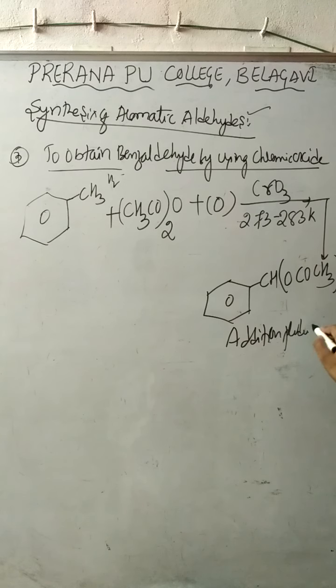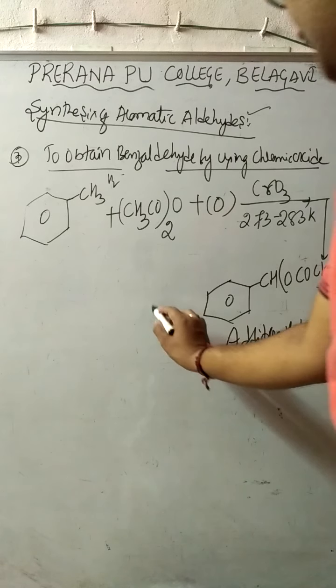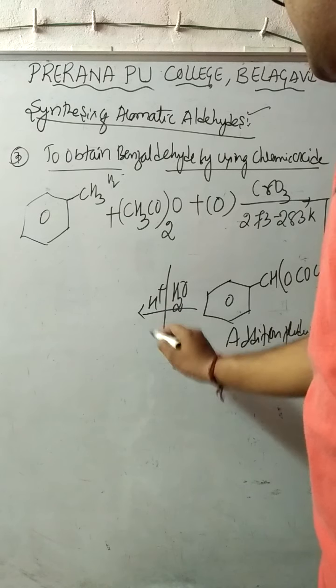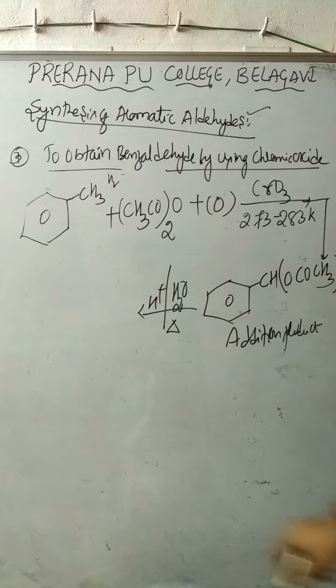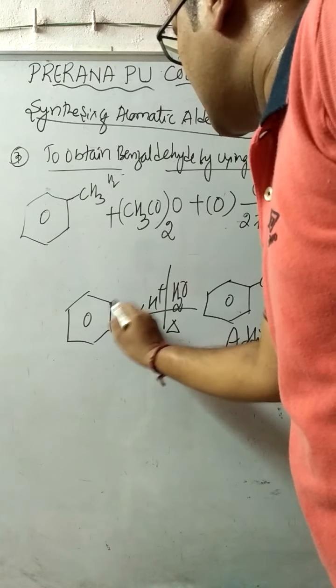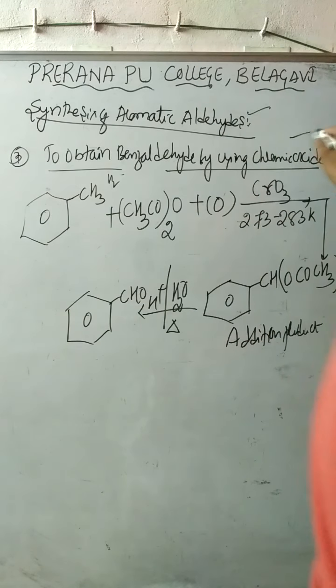Now a question arises, what has happened to these 2 hydrogen atoms? So these 2 hydrogen atoms have undergone oxidation to eliminate a water molecule. When this addition product is subjected to acid hydrolysis, that is addition of water in the presence of H+, which upon heating gives rise to a product called benzaldehyde. So this is the third method by which an aromatic aldehyde, that is benzaldehyde, can be obtained when toluene is